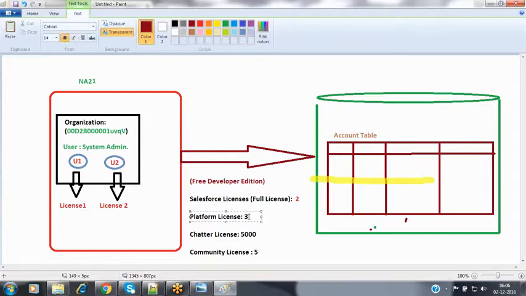Like the account object you can access, the contact object you can access, and the opportunity object you can access. But case objects, solution objects, or lead objects will not be visible to you inside this platform license. Platform license is purely concentrating on the custom functionalities. Sometimes, as we have already discussed initially,